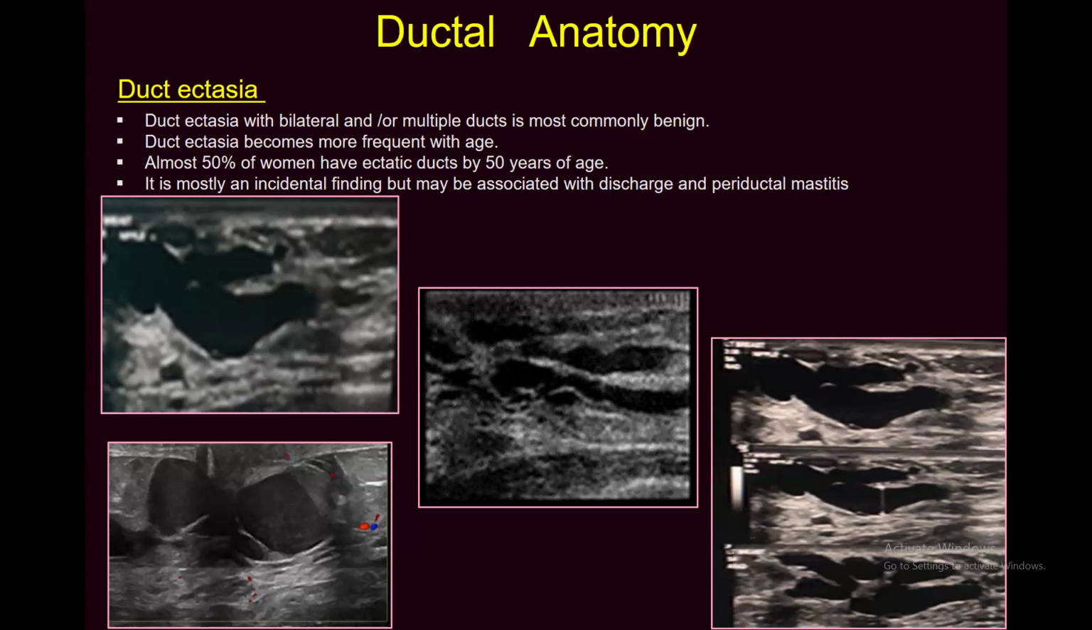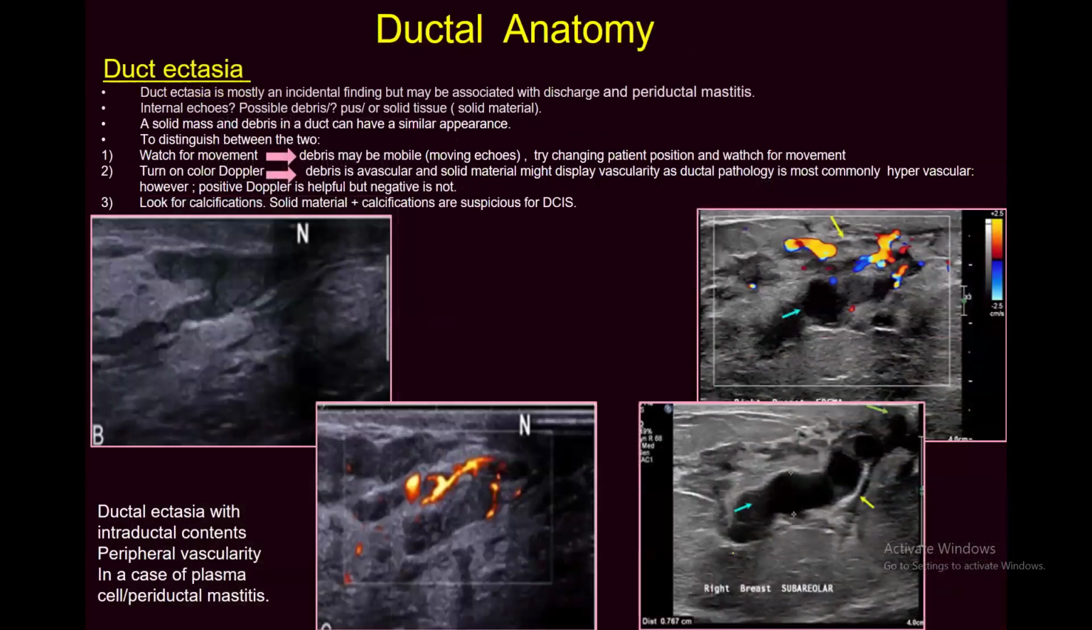And as you know, ductectasia is almost 50% of women by the age of 50 years having an ectatic duct. It is a common presentation in the ultrasound clinic, you see? And most of the time it is just an incidental finding, but sometimes it presents with periductal mastitis, as in this